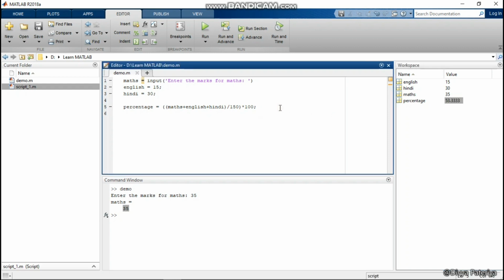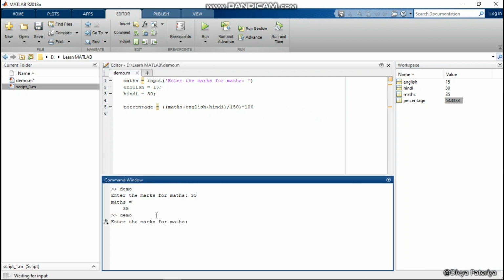If I want to see the percentage also in my command window, I can remove the semicolon from here and run the command again. I will have to enter the marks for maths again, and suppose this time I give 24, and the percentage would be 46.